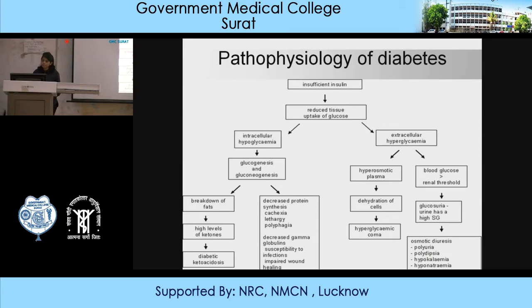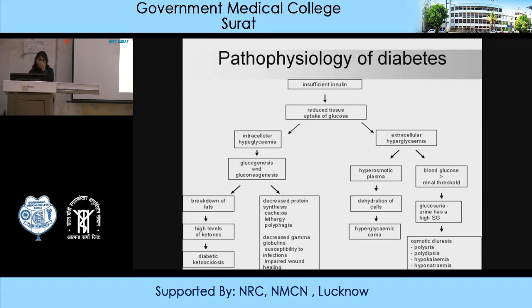In addition to this, if the blood glucose level exceeds the renal threshold level, there will be secretion of glucose into urine, which is known as glycosuria, and it will stimulate a chain of reactions: polyuria, and it will also stimulate the thirst center in the brain, causing polydipsia. Because of this there will be electrolyte imbalance in the body, which will cause hypokalemia and hyponatremia, which can be life-threatening.